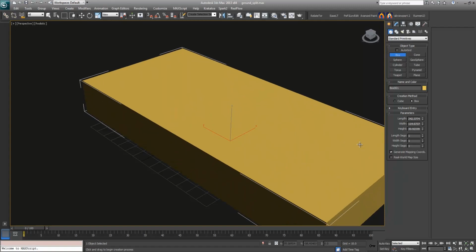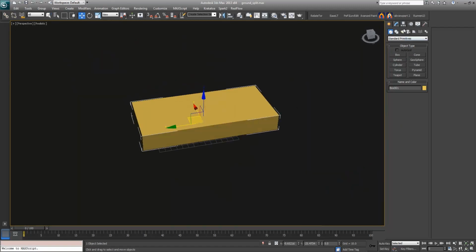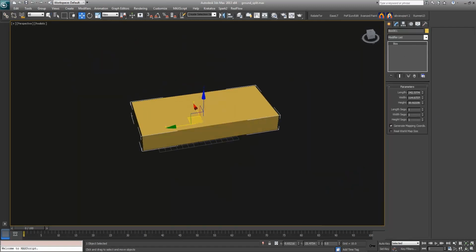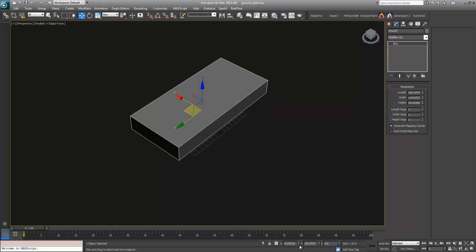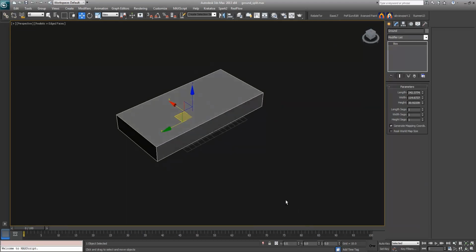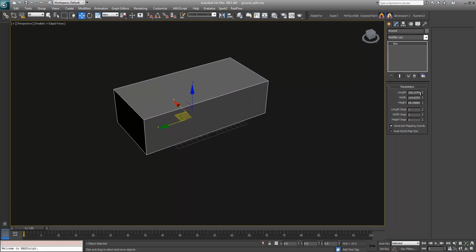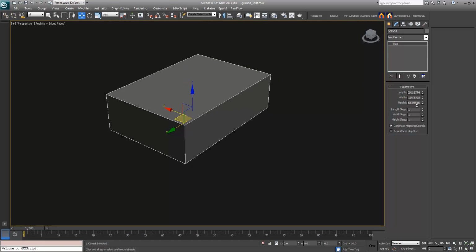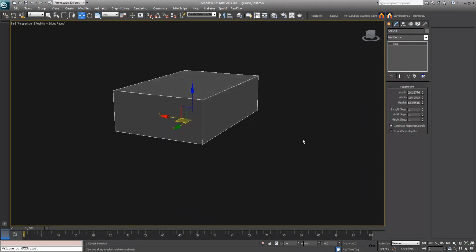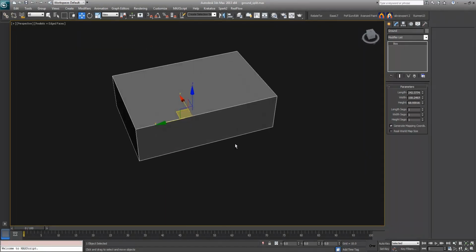and I'll create a box a little bit high, and change the color, name it as ground. So this will be my main object, which will be fractured. A little bit more high, a little bit wider. All right, and then